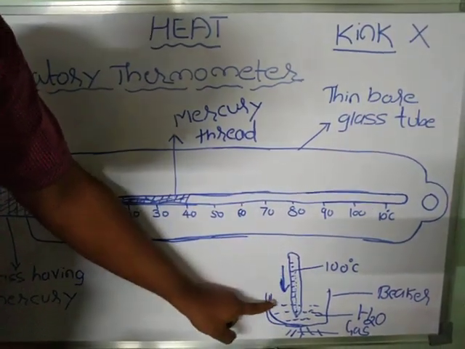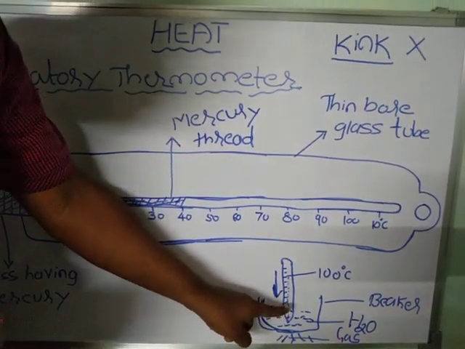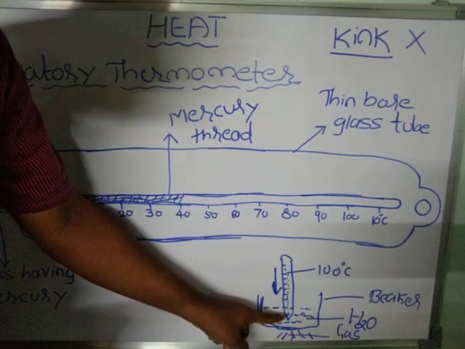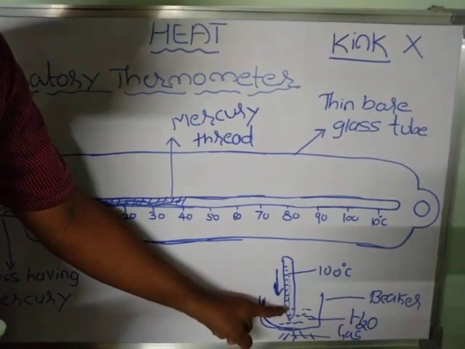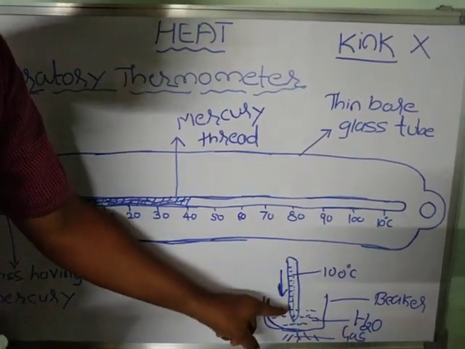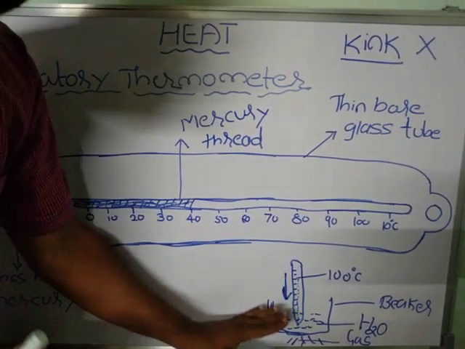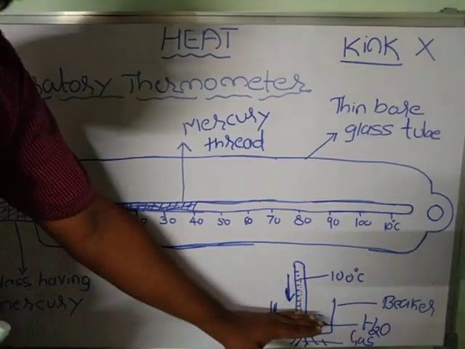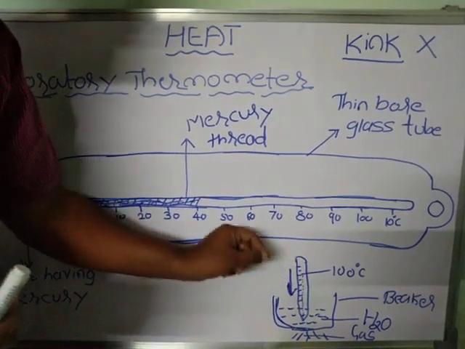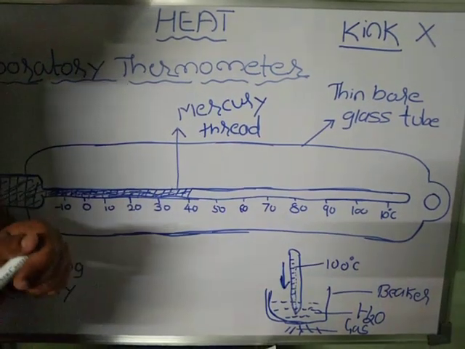It should not be held on the upper side, or partially submerged. No, it should be submerged fully. I'm talking about the bulb of the thermometer. You cannot dip the whole thermometer, it is not possible. You have to dip the bulb of the thermometer completely, not partially, so that it will give the correct reading for which you are doing an experiment. So this is also one of the important precautions.